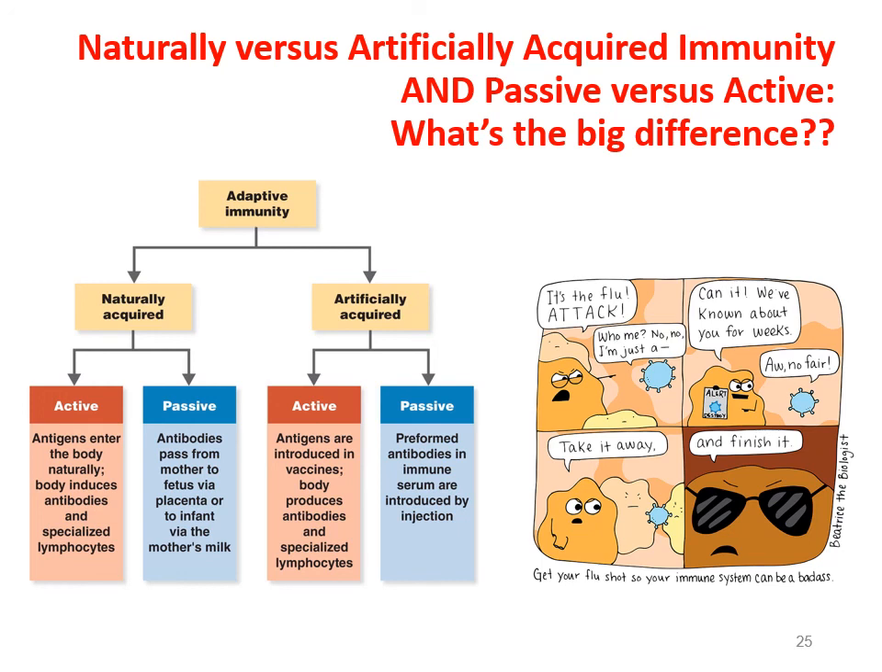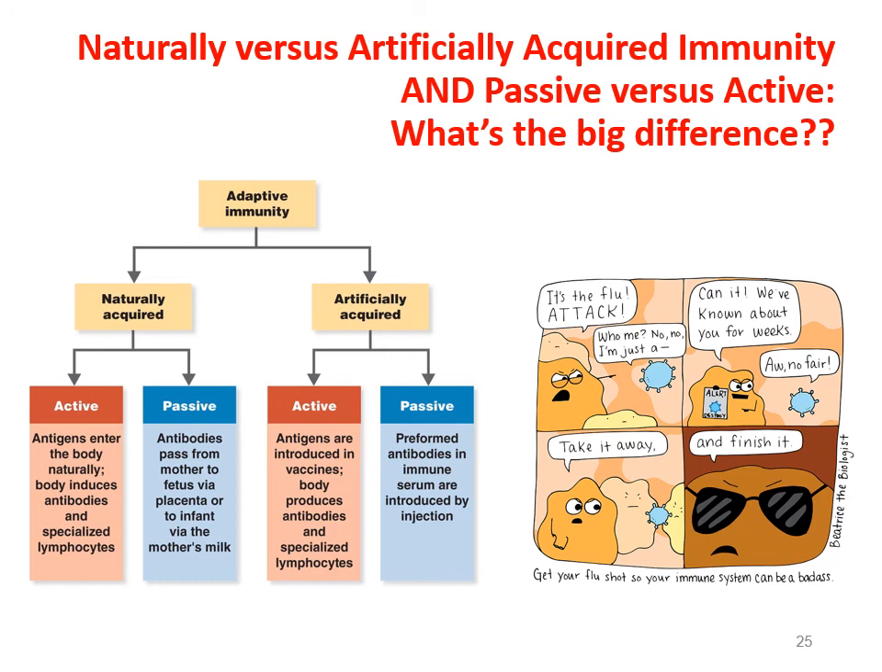Whereas active, anytime you hear active, that means energy involved. Okay, so active means that your body has to do work. It has to use energy, which in this case for immunity means it has to make antibodies from an antigen. Okay, so once you distinguish those terms, it becomes easy to figure out, if I give you a scenario, you should be able to tell right away, is it naturally or artificially acquired, and is it passive or